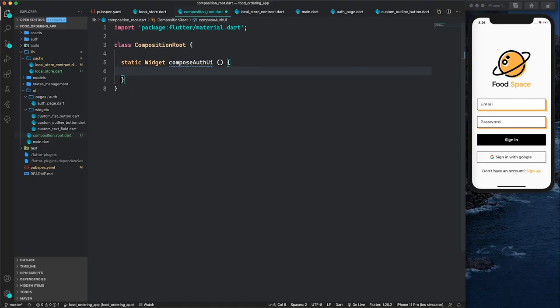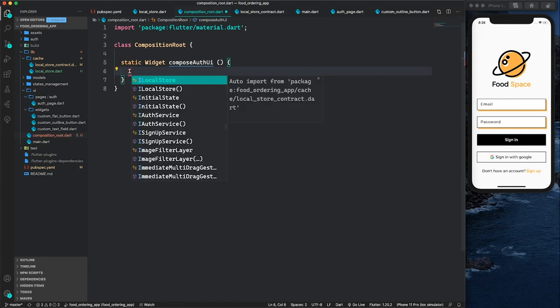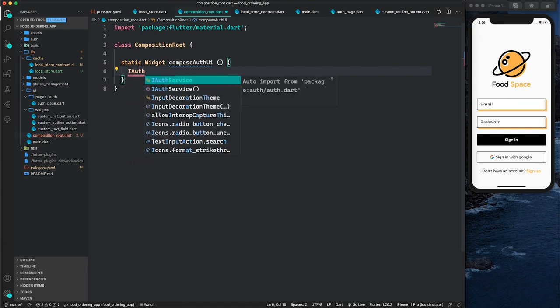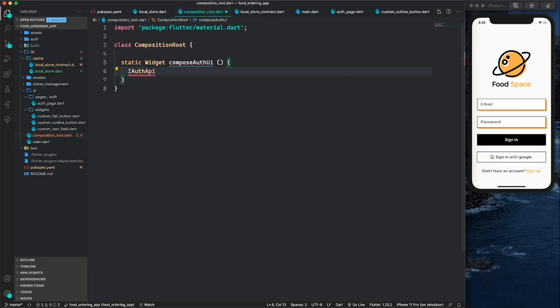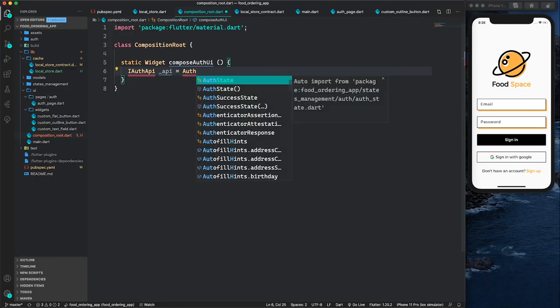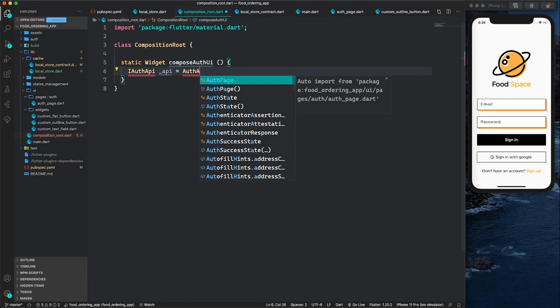So now, what are the dependencies for our auth UI? We need the auth API, so in this case iAuth API, this would be auth API,